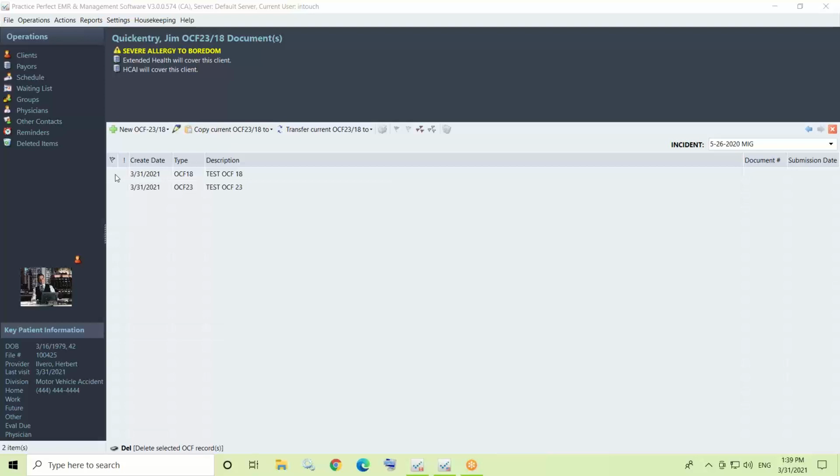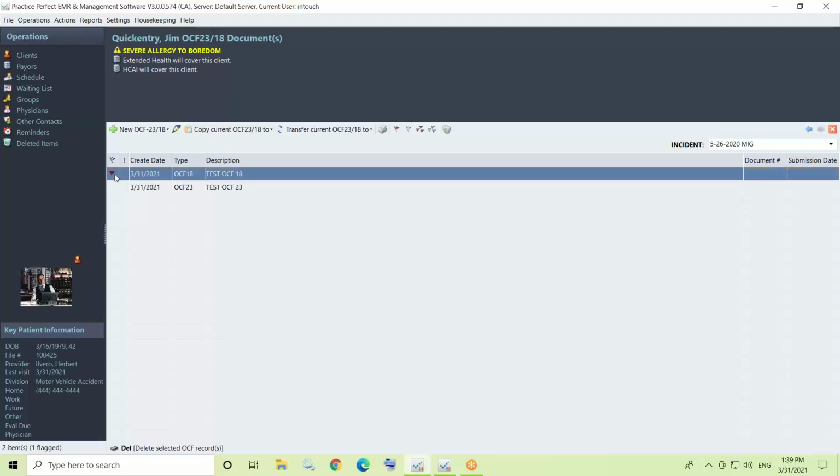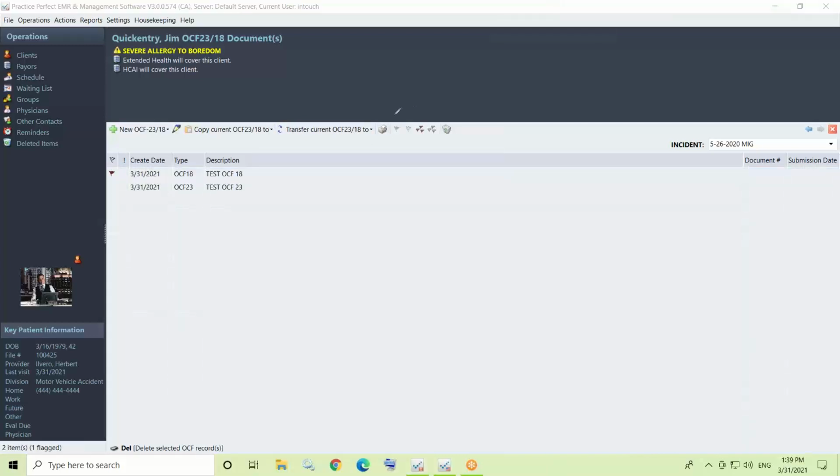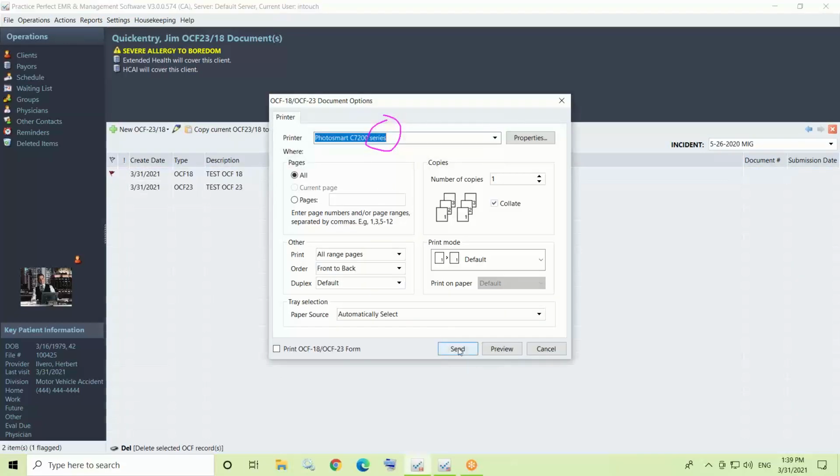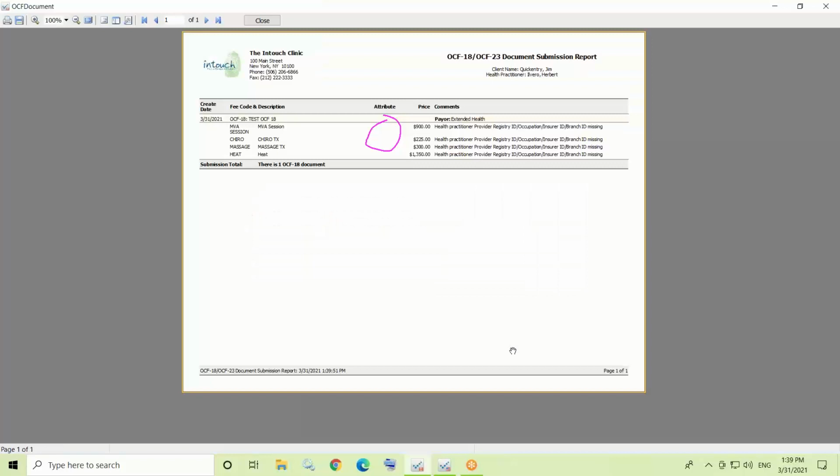So to submit it, you're going to flag the OCF 18 or 23. I'm going to click my printer icon on my function bar. So this little guy here. And then I'm going to have the option to send, to preview, and to cancel. And I'm a big previewer. I love to preview. So I would probably preview again to make sure that my fee codes are looking as